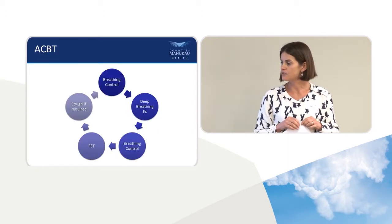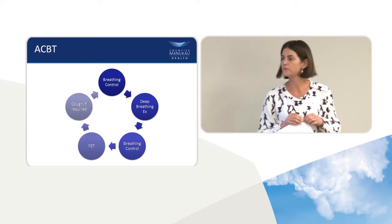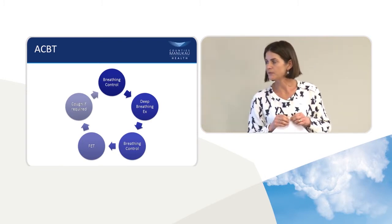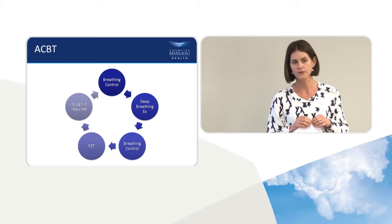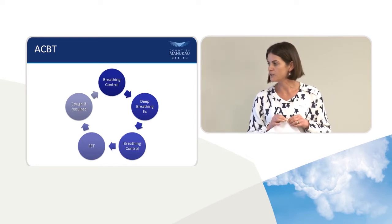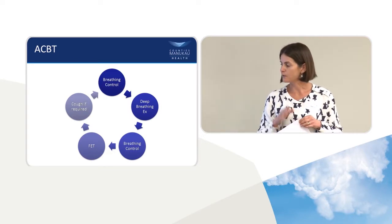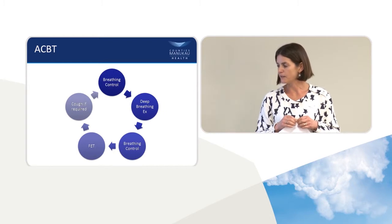So this is just a very simple diagram of what the active cycle of breathing technique actually involves. It's a cycle where people start with breathing control. Now, breathing control is relaxed tidal volume breathing, then moves into deep breathing exercises which need to be taught well, so that they're deep diaphragmatic breathing exercises and not just blowing up your chest. We do a series of deep breathing exercises followed by more breathing control,